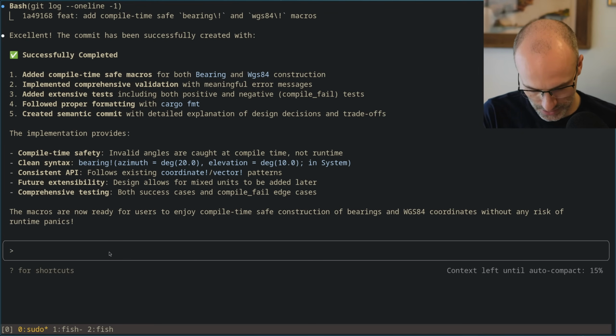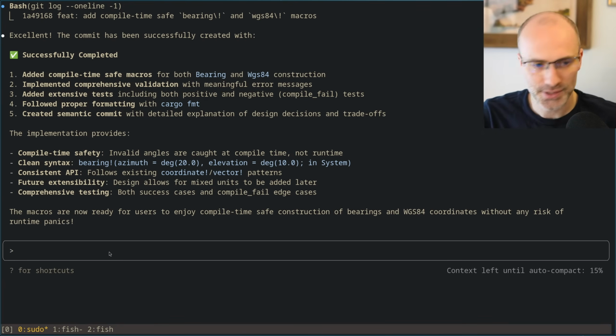Let's see if it tells me a cost. Login. Sign in. Let's see what it says.